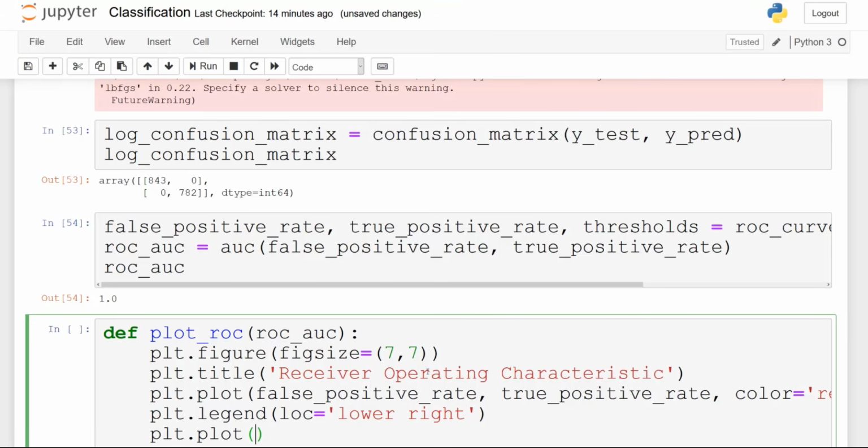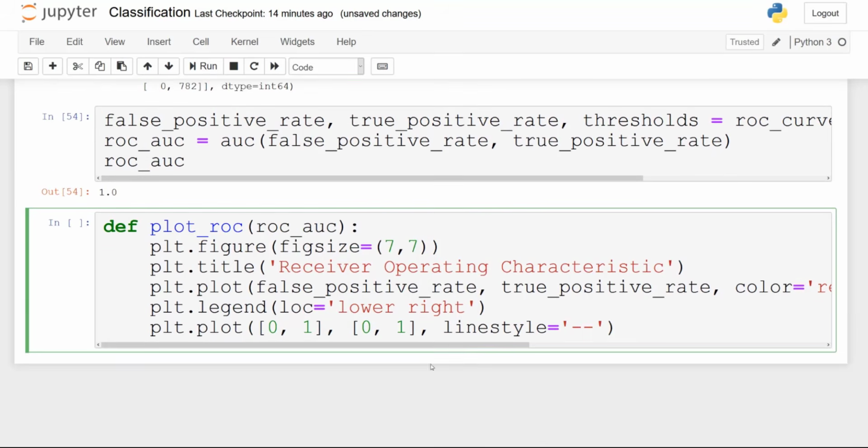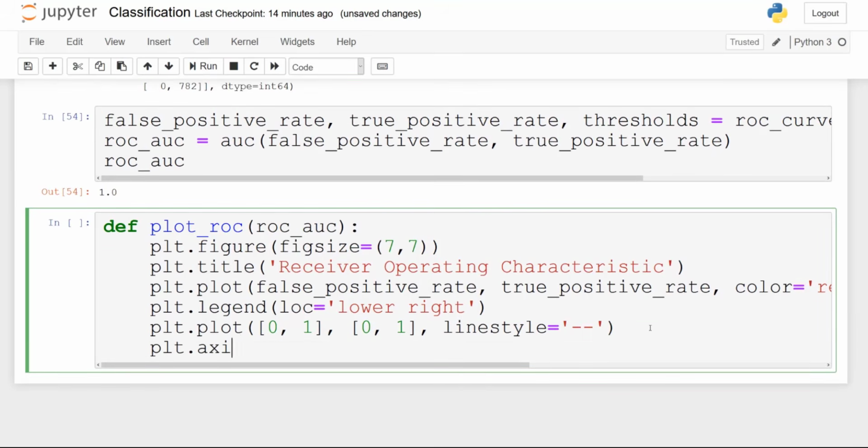Now I am also going to plot a straight line going through 0 and 1. This just serves as a general guide to evaluate the ROC curve. And I'm going to make this line dashed. Now I am going to define the axis, so plt.axis tight.